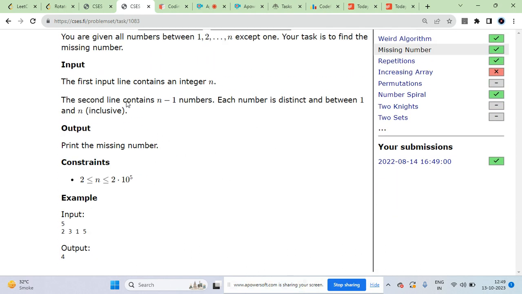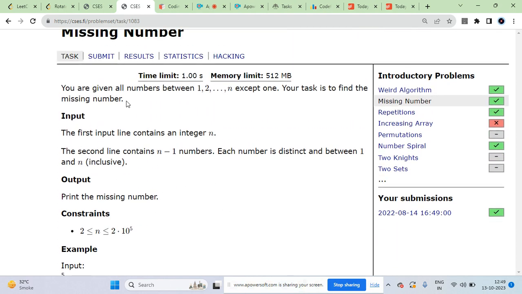The approach is really straightforward. You have your total, so you can sum that up, and you have these n minus 1 numbers, you can sum that up, and the difference between them is your answer. So n into n plus 1 by 2 is the summation of every number from 1 to n. The summation of the array you can compute, and then you just take the difference. And as I said, I'm going to code it now,